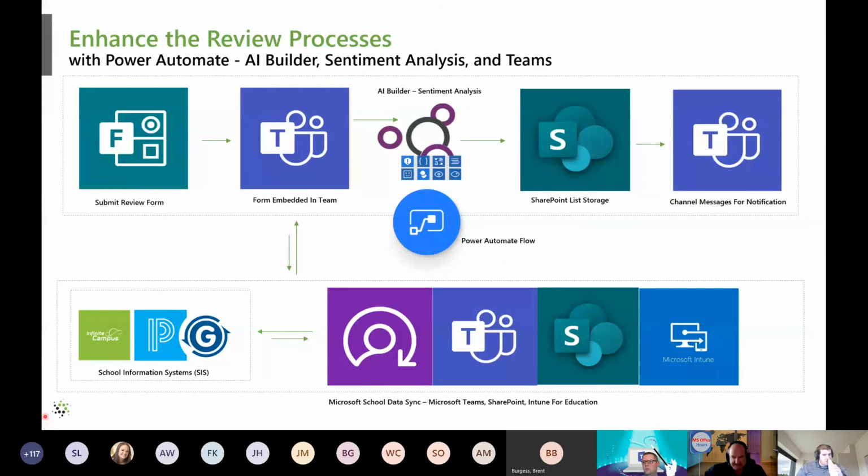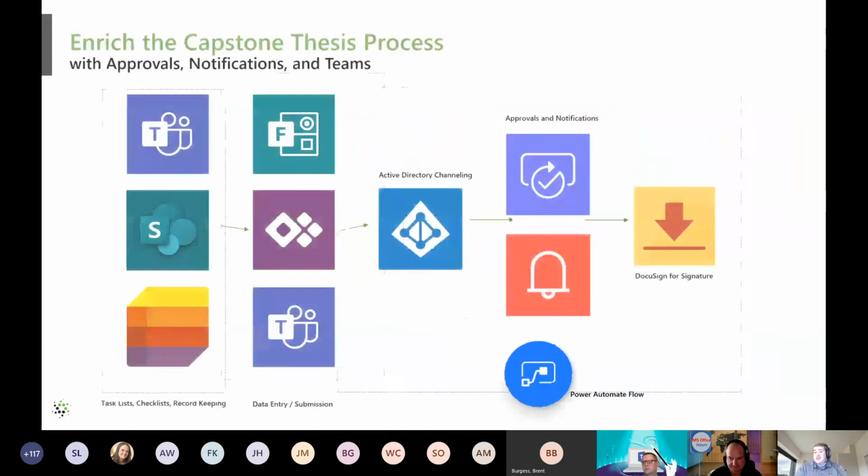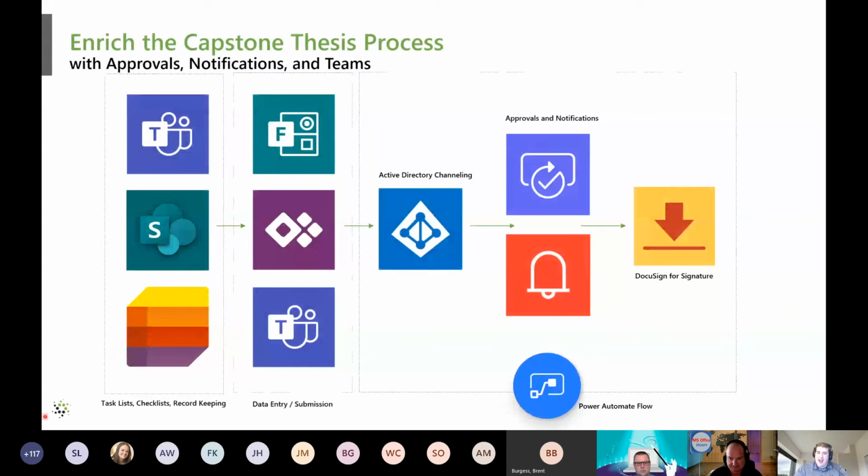Do you start with the use case and then look at the tool, or do you look at the tool and then try to find the use case? Great question. So when we look at this, especially at Core BTS and everything we do, we try to be technology agnostic. So whether that be how you want to automate your process or how you want to store your data, we look at the business need. And then from our experience, we say, okay, these are the business needs you have. These are the different ways you can achieve it. And actually, my next example sort of goes back to that and shows that for different pieces of the puzzle, you can use different things.